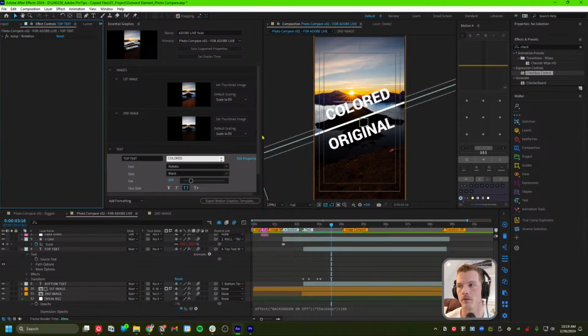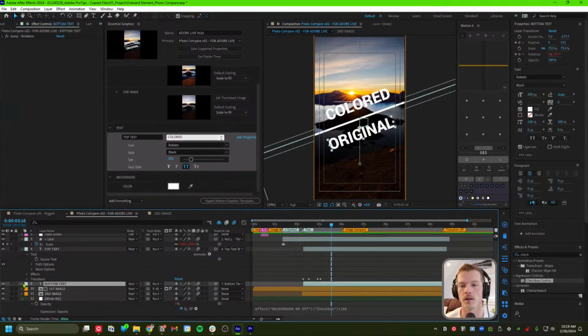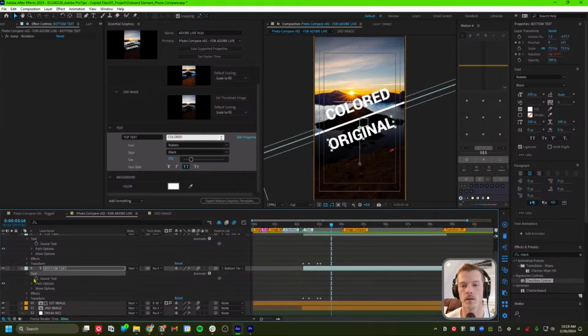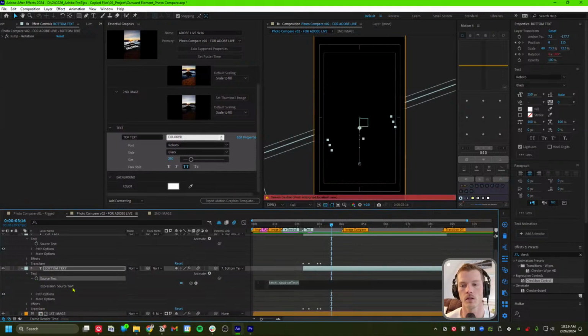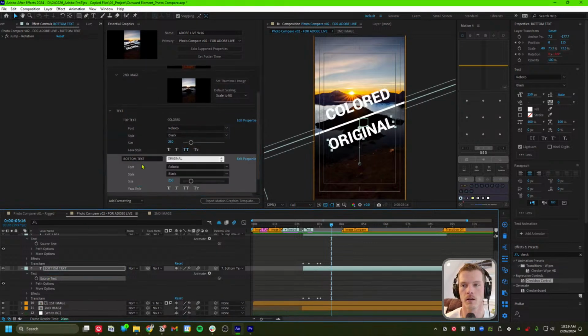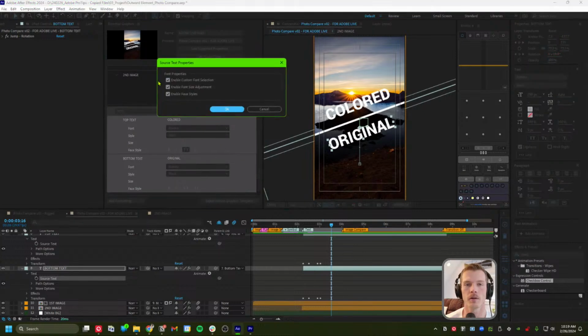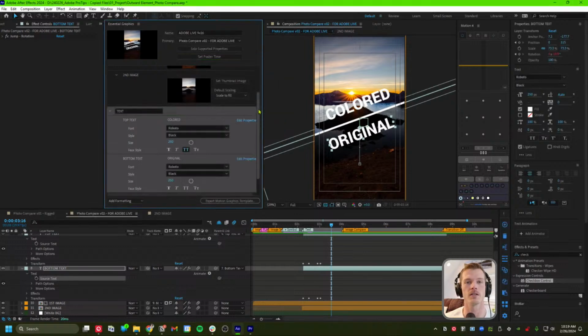So we have our text here. Let's go ahead and bring in our other bottom text. And then one thing you'll notice, not alt clicking, we're dragging. We have our bottom text here. Now, the other thing I want to do that's not included in these edit properties is you can't change the color, which is pretty essential if you're giving this to someone. They might want to change it to their brand colors or whatever colors they want. So